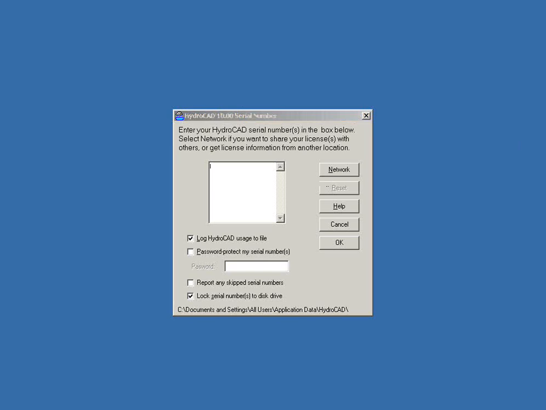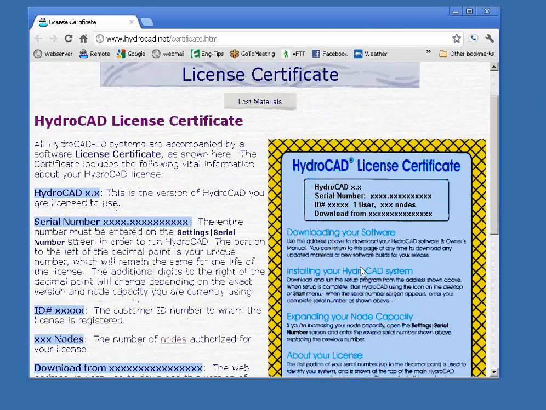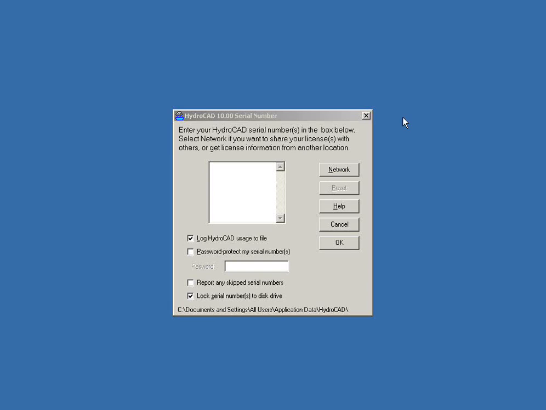And again, this serial number you will find on your HydroCAD license certificate. So you want to keep that certificate handy. Your serial number is shown right here on the certificate. So make sure you hold on to that. You will need that if you install HydroCAD on a new machine that does not have the serial number present. So what we're going to do here is put in a serial number. And then when we click the OK button, which is what you would normally do for a standard standalone installation,